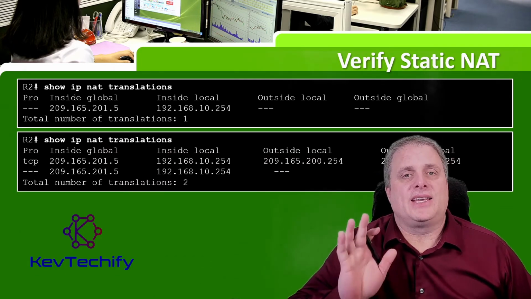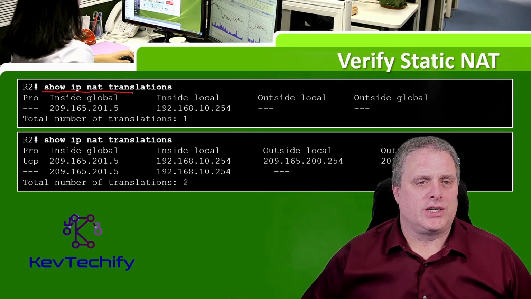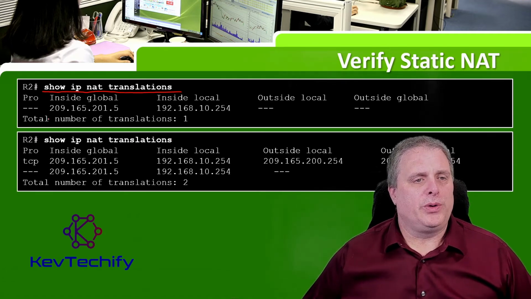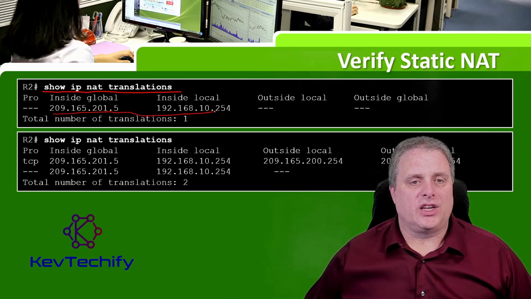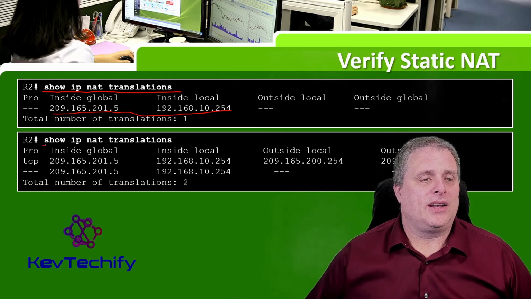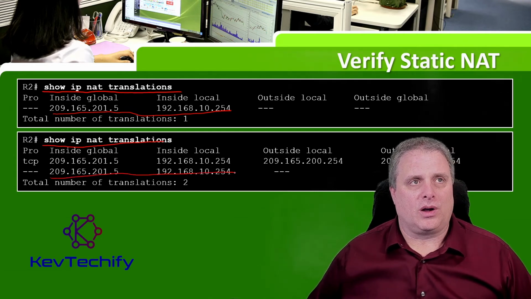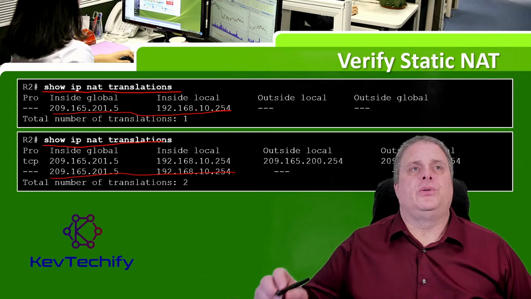Verify our static NAT. We can issue the show IP NAT translations, and it'll give us all the translations. Here, this time when we ran our translation, this is just the mapping. And so we have the mapping, it's set up, it's ready to go. Now, when we reissue it again, we're going to get that same mapping here, which is the bottom one, but we're going to